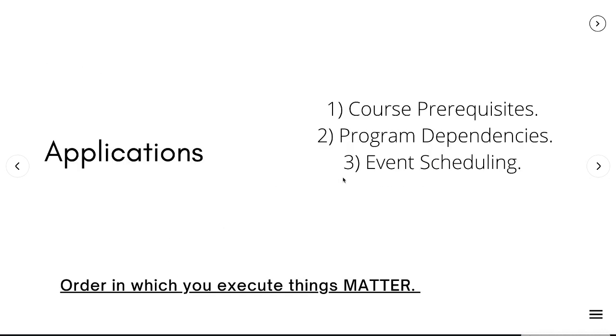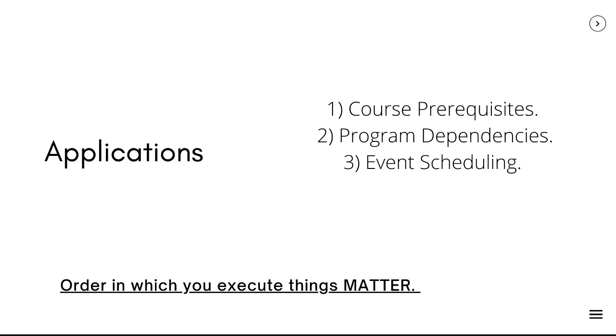So that is a topological order, and some of the applications are very interesting. The first one is something that we all must have come across in our universities, wherein we need to find a way of taking up courses and meeting our credits, and at the same time, we have to ensure we finish the prerequisites of the course. How we take up the courses, and in which order, does matter, because the courses have several prerequisites.